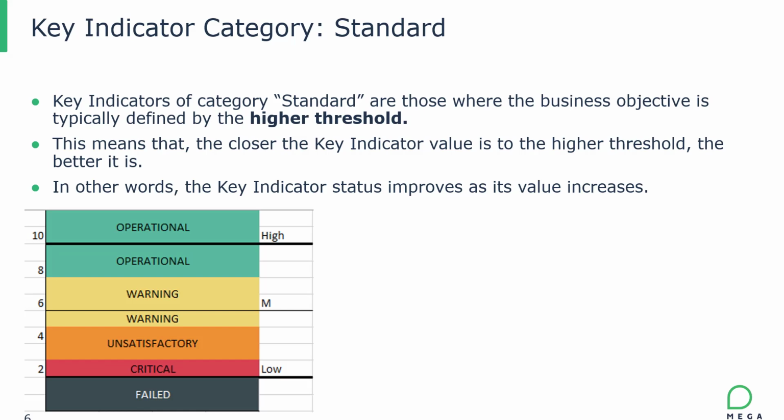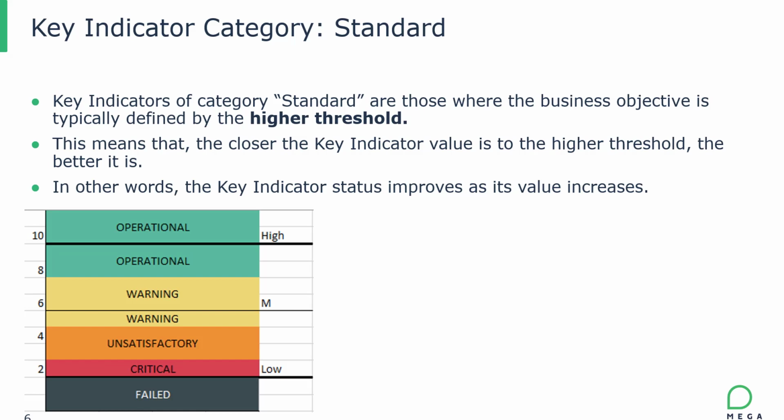As we can see in the image, the status of the indicator in the algorithm provided by default within HOPEX becomes operational before reaching the higher threshold. Since the higher threshold is the optimal scenario, but as soon as we are quite close to the higher threshold, the key indicator is already considered as